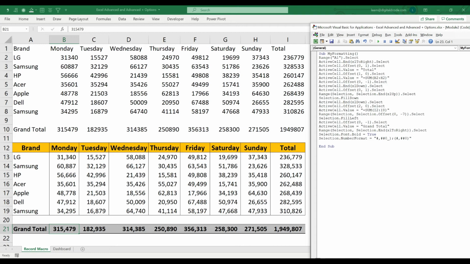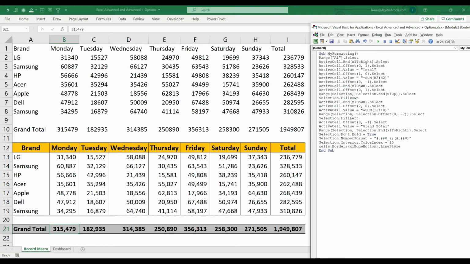And also I want to give the colors. Cells dot interior dot color index equal 15. So I'm going to give gray color. The color is 15. Okay, so now I need to give the border. Cells dot border. So I want border in the bottom.